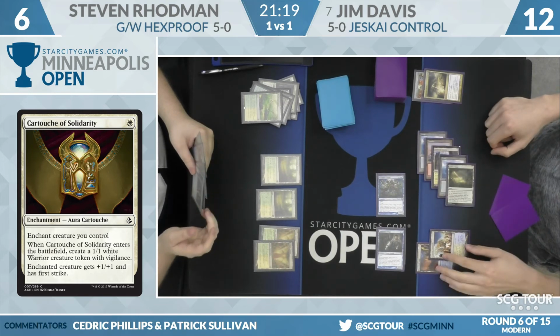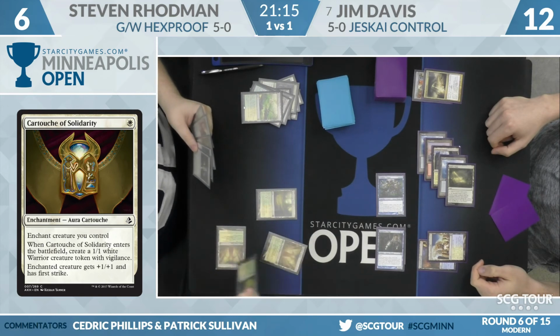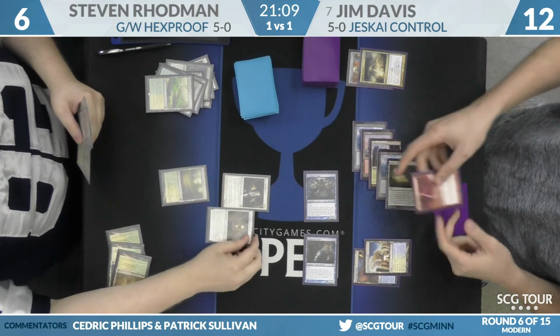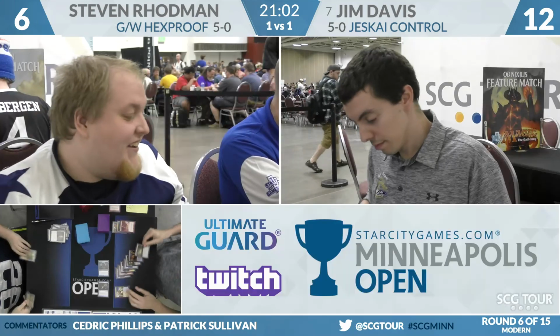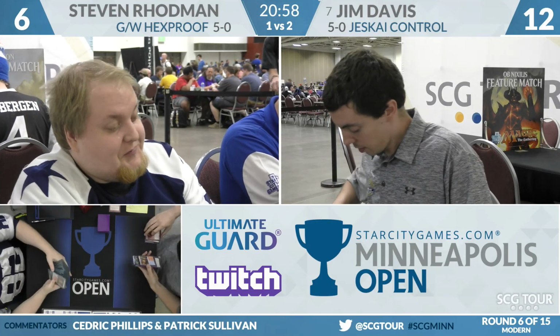There's the old Cartouche of Solidarity. I like that the Cartouche is 3 for a loop. Here is Scorpion Spirit Dancer. Cartouche, blow that up. You do get to draw a card because you cast one, but there's no point in doing it as Jim Davis is going to win this match over Stephen Rhodman 2-1. Jeskai Control will take care of Green-White Hexproof and